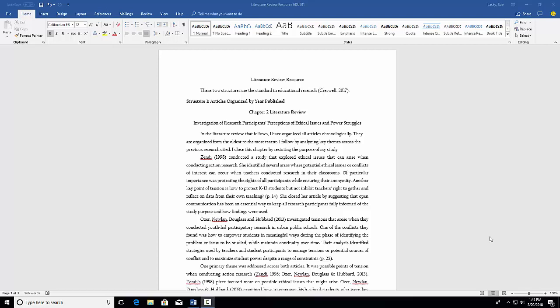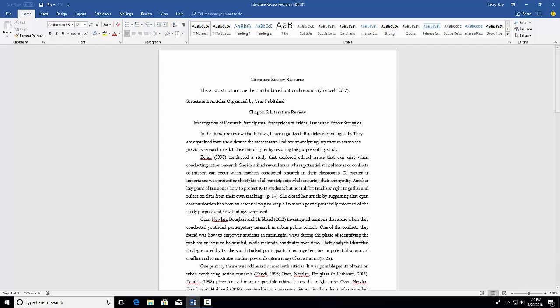This resource will actually model for you what your lit reviews can look like following one of the two structures that we've provided. These two structures are the standard and educational research. And the source I took this from is John Creswell from 2017. The first structure that is in the resource provided on the first page in Moodle under week 1